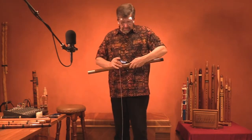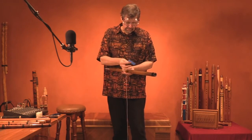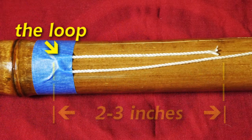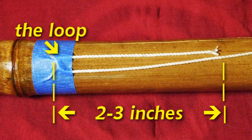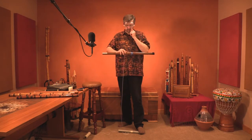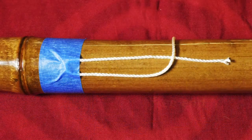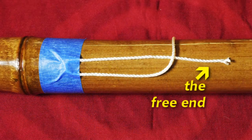I'm going to take a piece of tape, and I'm going to tape that. I'm going to tape the loop part. That's temporary. That'll come off later. And now I begin my wraps. My first wrap is fairly loose, and I keep this loop straight, and I run my wrap across